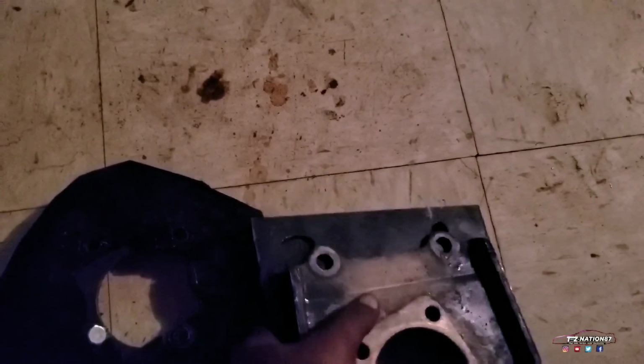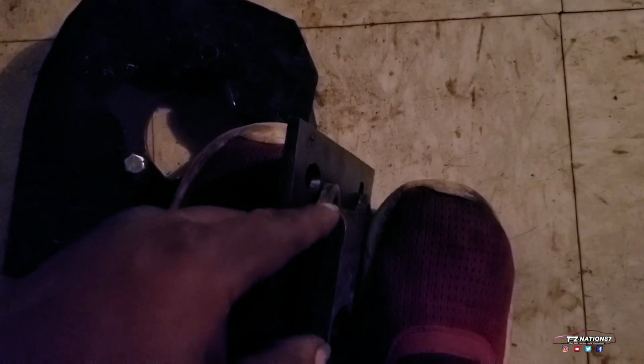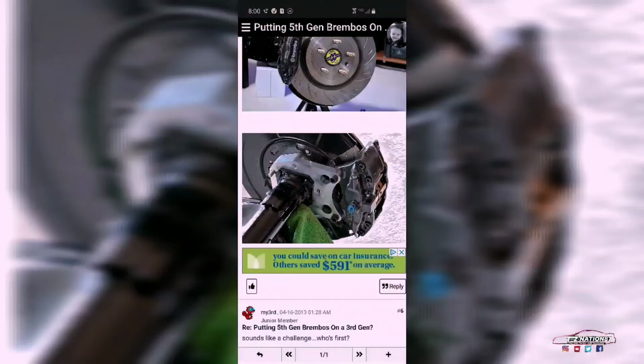So what I essentially have to do is cut a line like this. I have to cut a line here, and then drill another hole to have a bolt go through this one and hold this intact. And then I have to cut this all the way straight down and put this on the back side, and then have the Brembos sit right here, so it'll be L-shaped. Here's a picture of what I'm